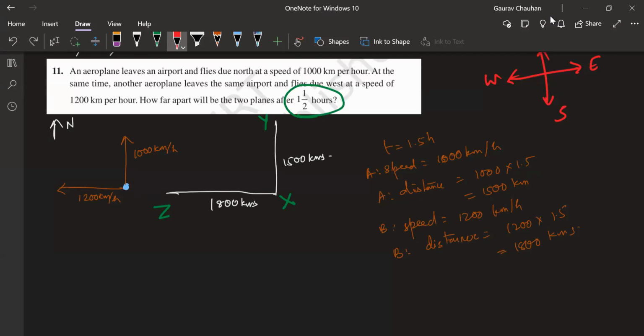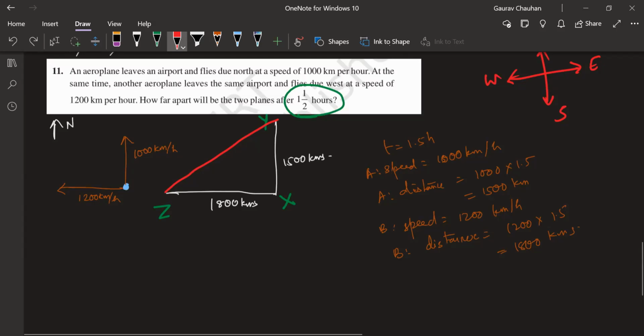Manisha? Sir, hypotenuse. Which line segment? Can you label it? Sir, ZY. ZY. This is the distance, because whenever you say distance between two, how far apart, we have to find the shortest distance, right? And the shortest distance is the line segment between the two points. We good so far? Yes, sir. Anyone has a confusion about this? Yes, displacement, exactly, Dikshit. We have to find the displacement because it's asking how far apart, which means exactly how far apart, not that you have to walk along some path. That's not what it's asking. Exactly the shortest distance.